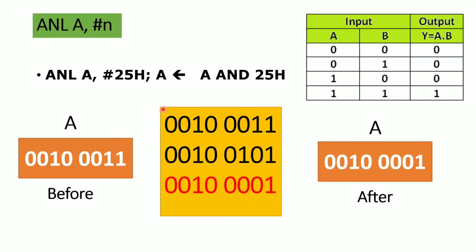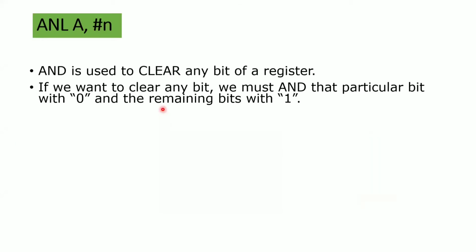Now you will get a doubt: sir, why do we need to use the AND operation? Generally, AND operations are used to clear any bit, a particular bit or a group of bits. If you want to clear, meaning make those bits 0, then you need to use this AND operation. Whenever you learn embedded systems or programming of your 8051 microcontroller, you will come to know why this AND operation is performed and how useful it is.